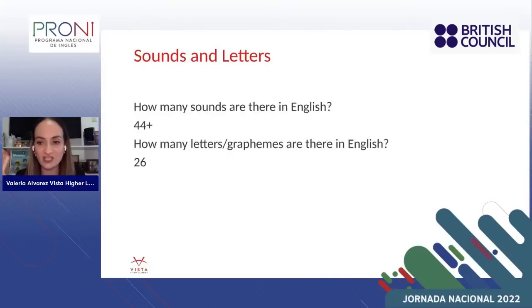And imagine being able to express 44 sounds with only 26 letters. So complicated. If I had invented English, I would have invented one symbol per each sound. And that would have been the easiest way of learning English for everybody. But no,